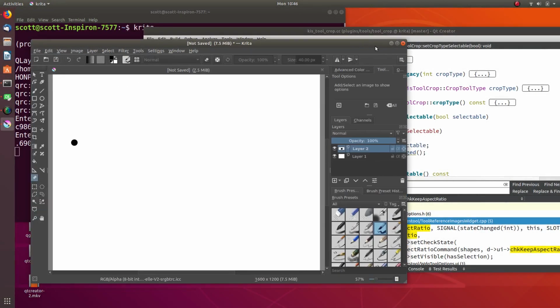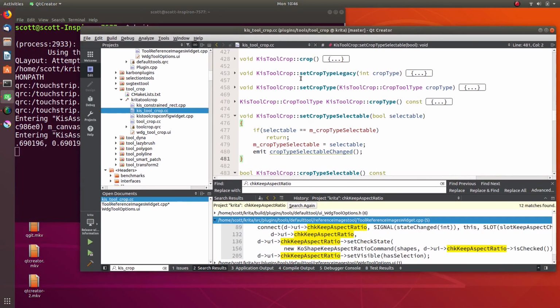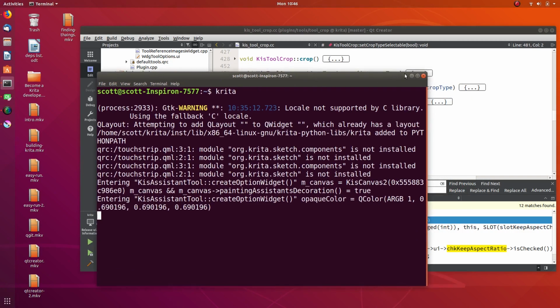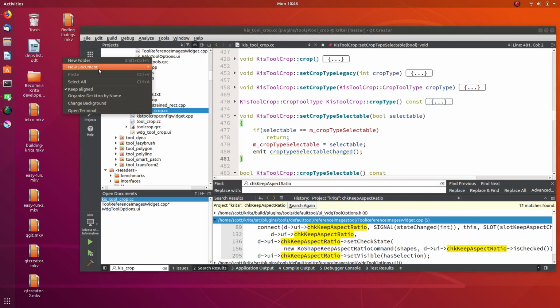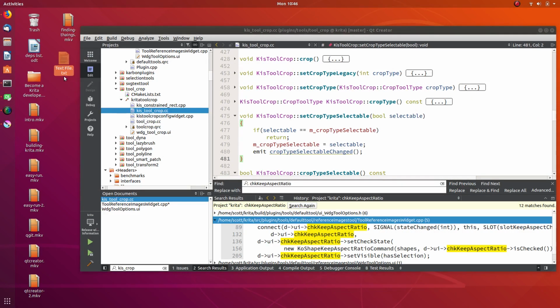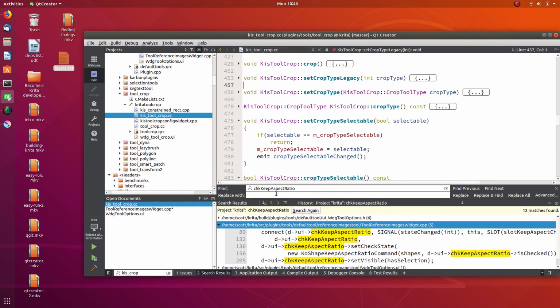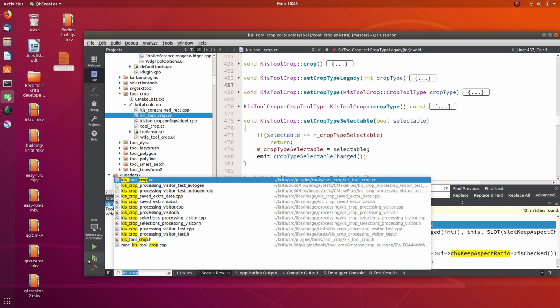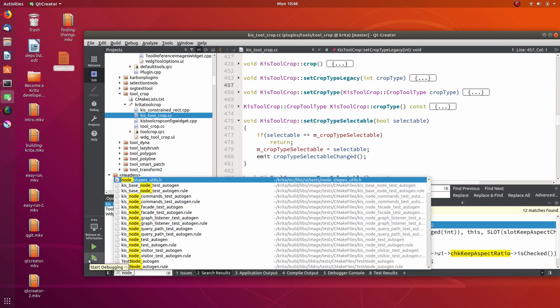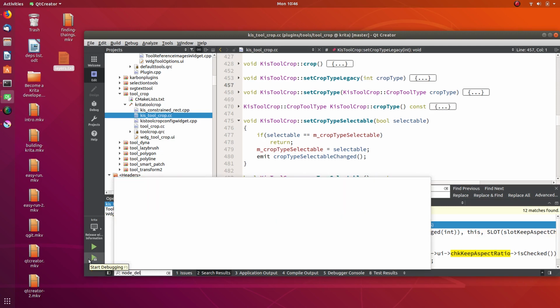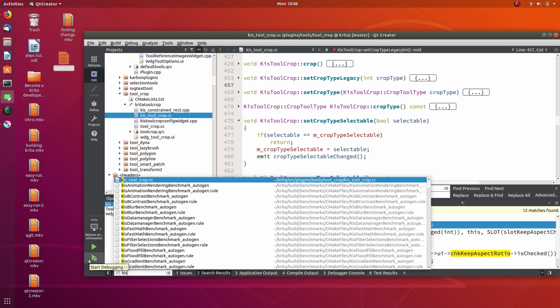Usually, if something is kind of complicated, I add a text document here, and I call it something like, say if I'm doing something with layers, because the layers Docker gets pretty complicated. What I'll start doing is, say if I'm already kind of familiar with it, I think it's kiss node